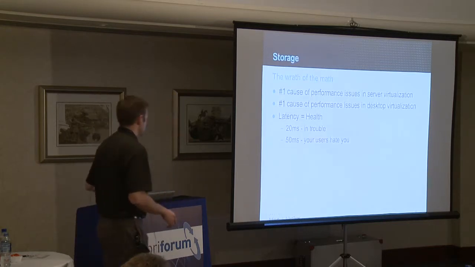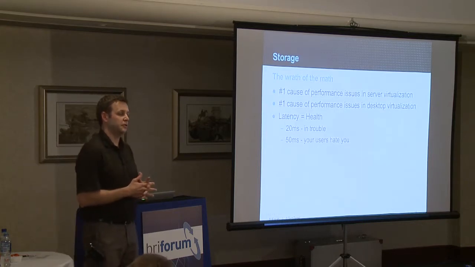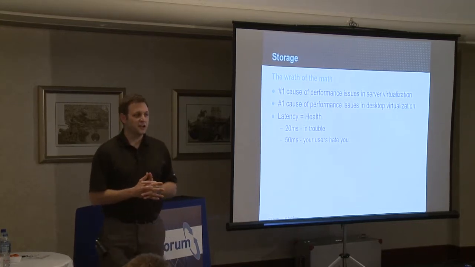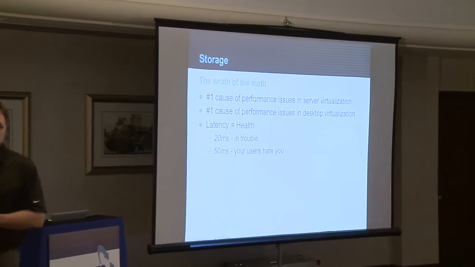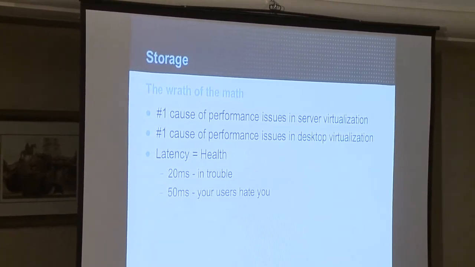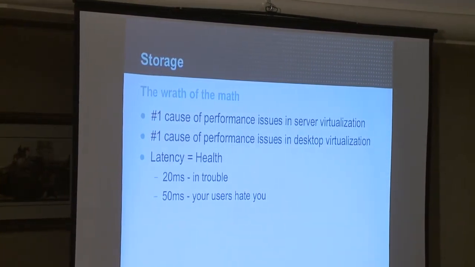So, storage. Back to a little bit about server virtualization, but the number one issue that we see when there's a performance issue is that people have a storage bottleneck. And unsurprisingly then, as people move to desktop virtualization, the number one issue that people have is storage. In fact, I can tell you that all of our customers who are doing hosted virtual desktops have dealt with storage bottlenecks on their system. Many of them went into this, and we're going to talk about it later, guessing as to how many IOPS they were going to need. They all guessed wrong, and they all had bottlenecks.